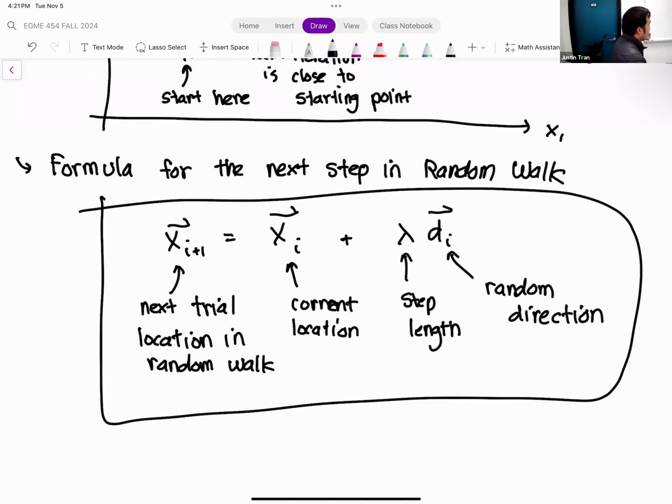Okay. So we're going to be using that formula. I'll talk a bit more about how to determine d_i. d_i is the whole linchpin to this whole operation here. And how we determine that is we're going to use random number generators within our code as well.